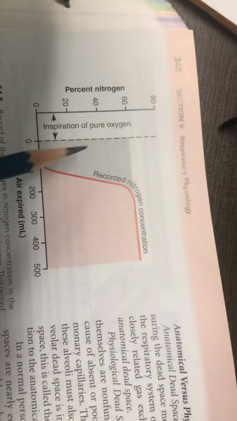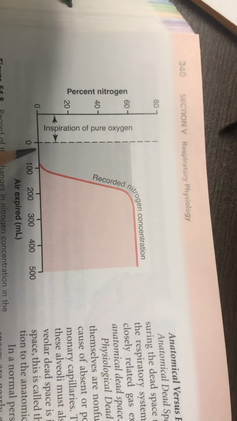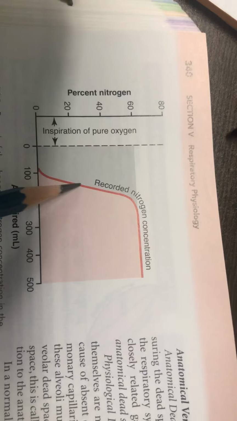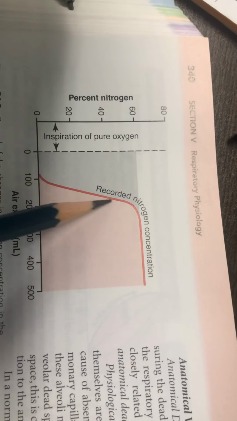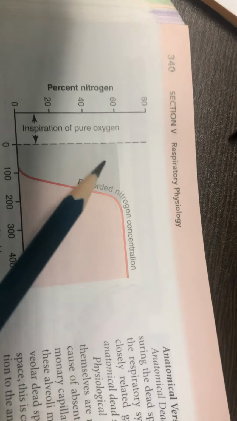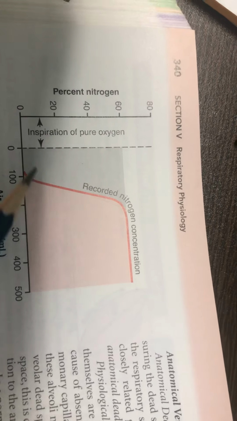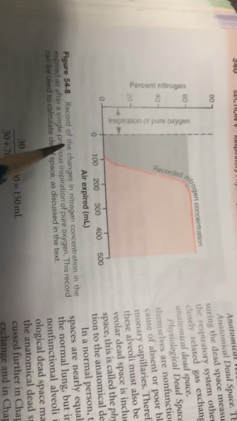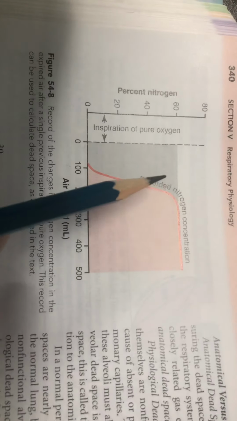Okay, you make a person inhale pure oxygen, and then you make him expire, and the nitrogen concentration keeps increasing because then you start breathing out the alveolar air also. And before you start breathing out the alveolar air, the respiratory passageway air containing pure O2, shown in the gray region here, is expelled out. So you can calculate the dead space air by this formula, that is the gray area, the gray area containing only oxygen present in the dead space.